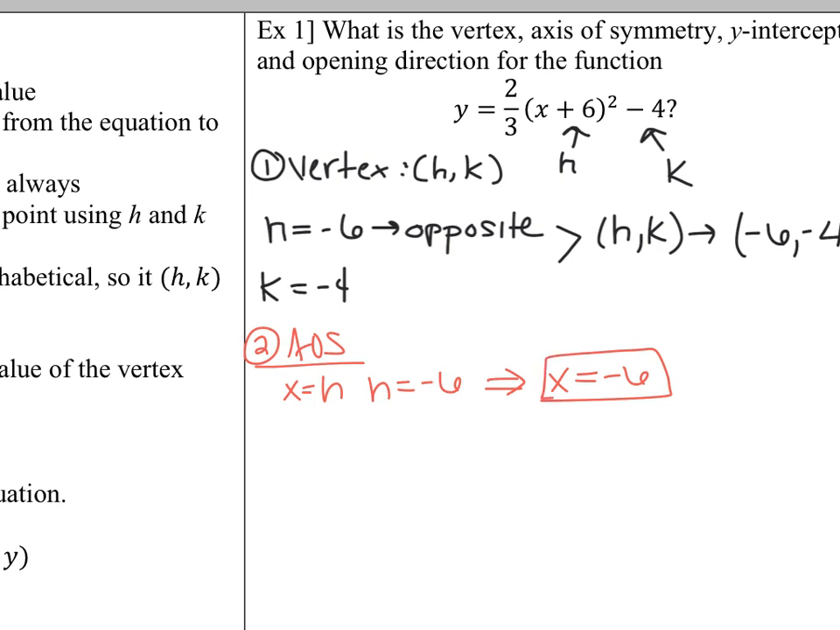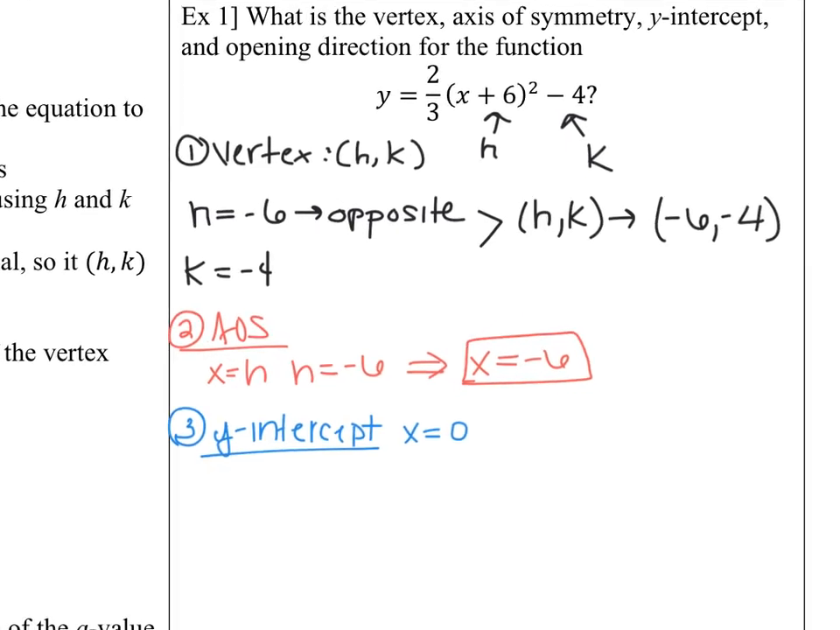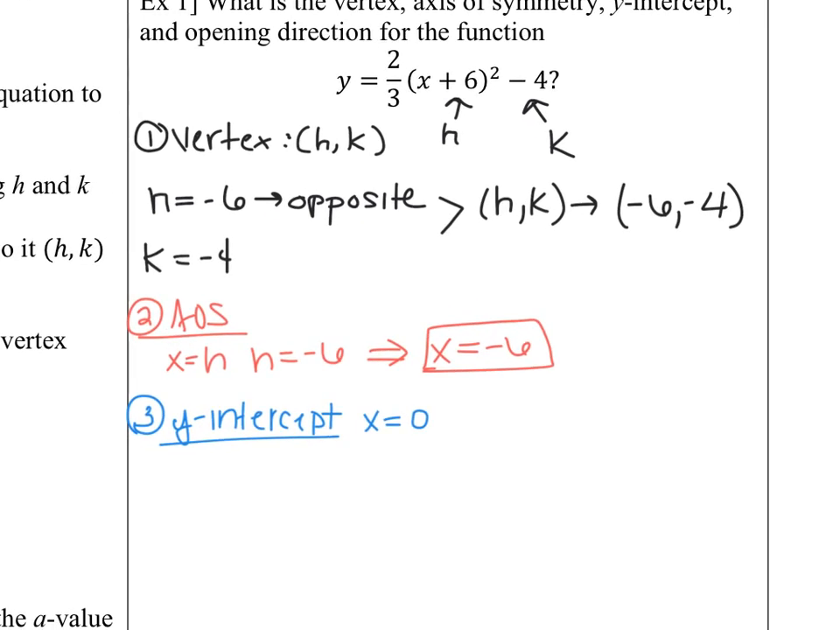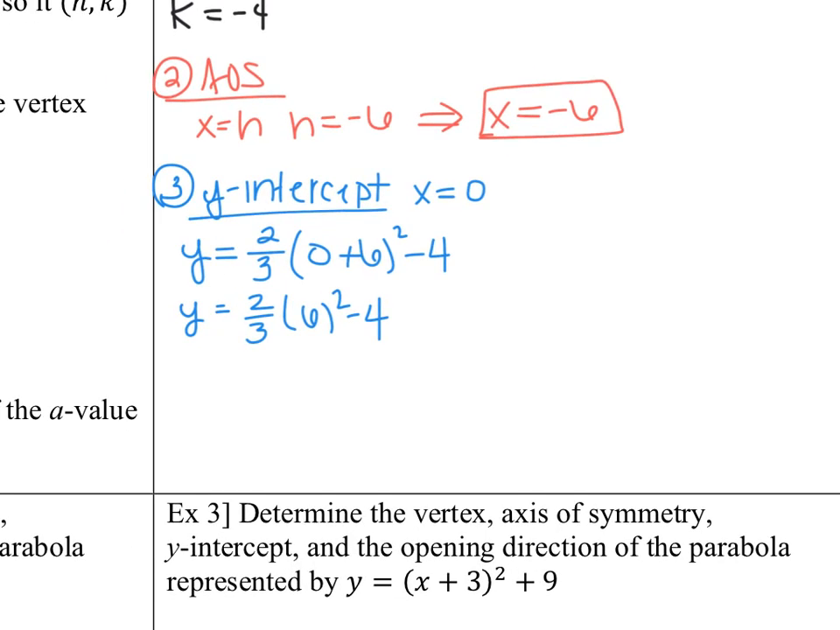Next thing it asks us to find is the y-intercept. Finding a y-intercept will never change. For the y-intercept, you always know that your x is equal to 0. That's just how a y-intercept is defined. So we're going to replace x with 0 and then simplify to find the y value. So I've got y equals 2/3 times (0 plus 6) squared minus 4. 0 plus 6 makes 6. One step at a time. 6 squared